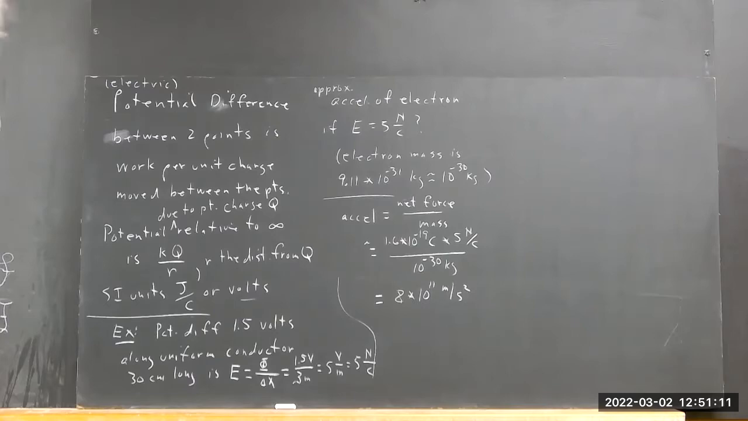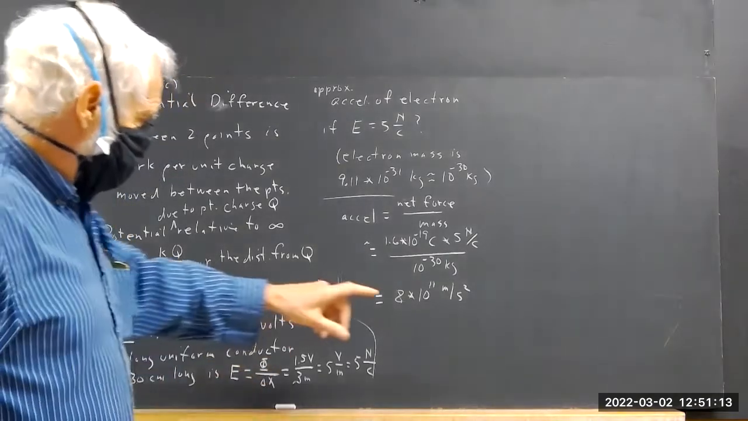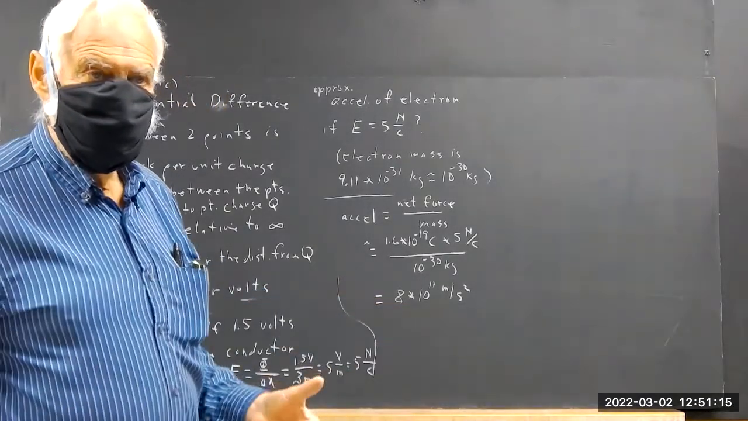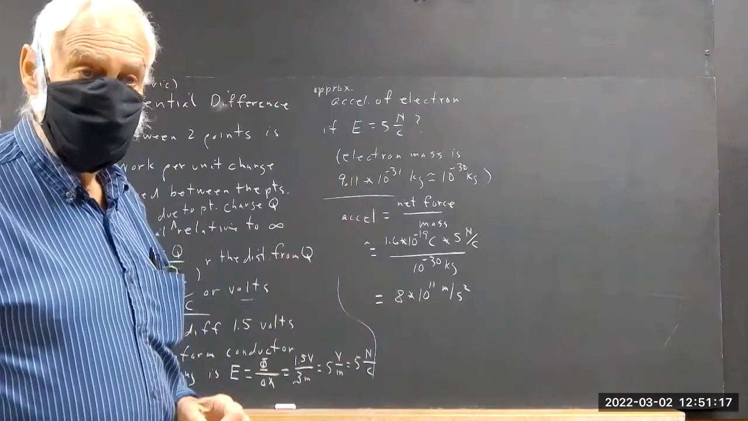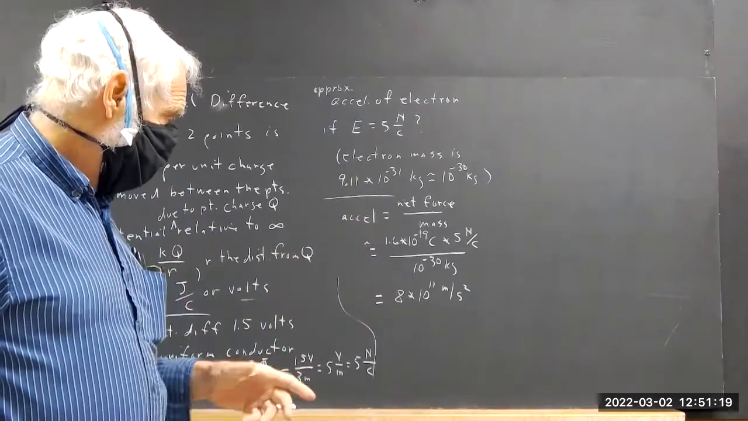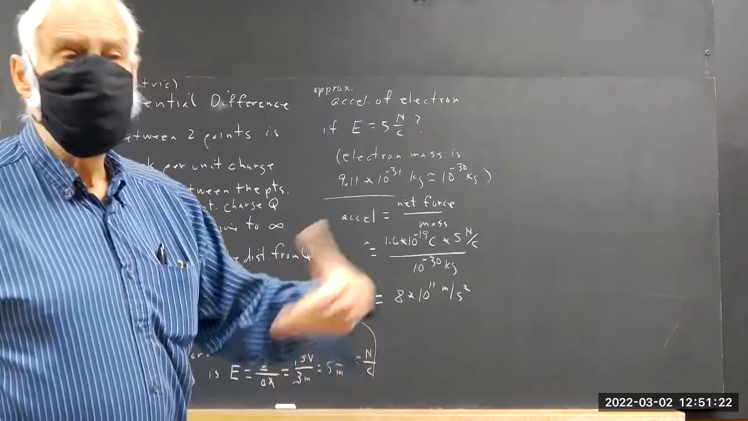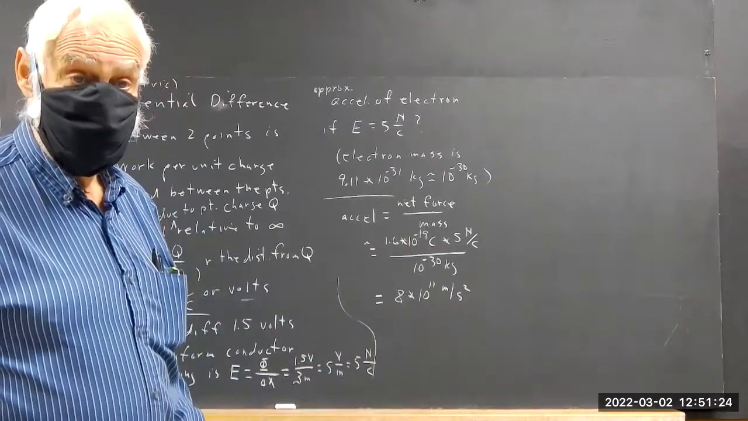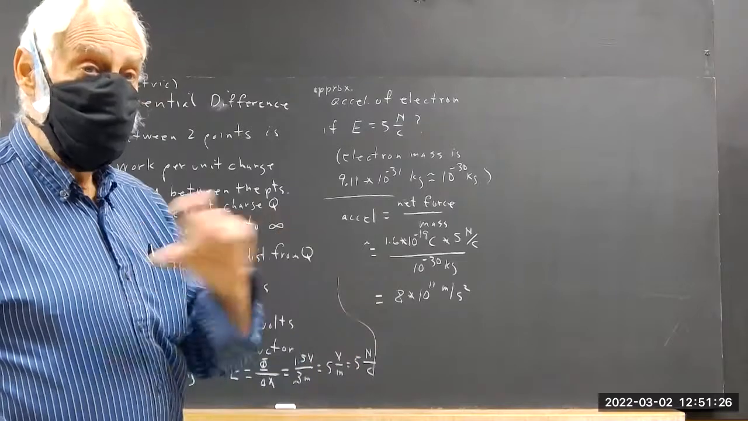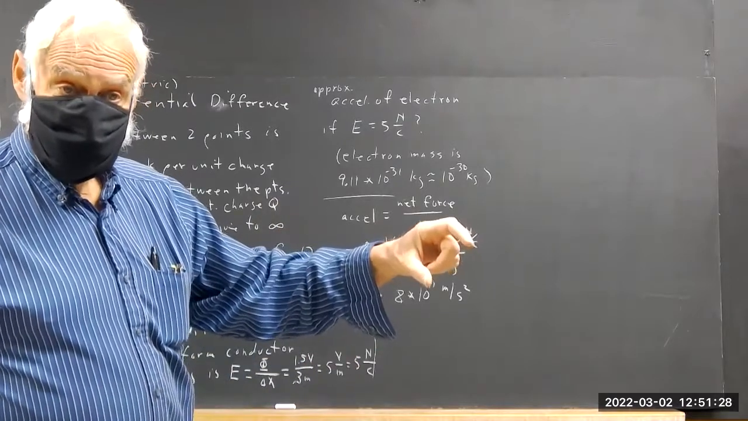Okay, so accelerating at this rate for a microsecond, let's say from rest, an electron would get up to 800,000, almost a million meters per second, right? In a microsecond, moving at a million meters per second, it would move a meter,